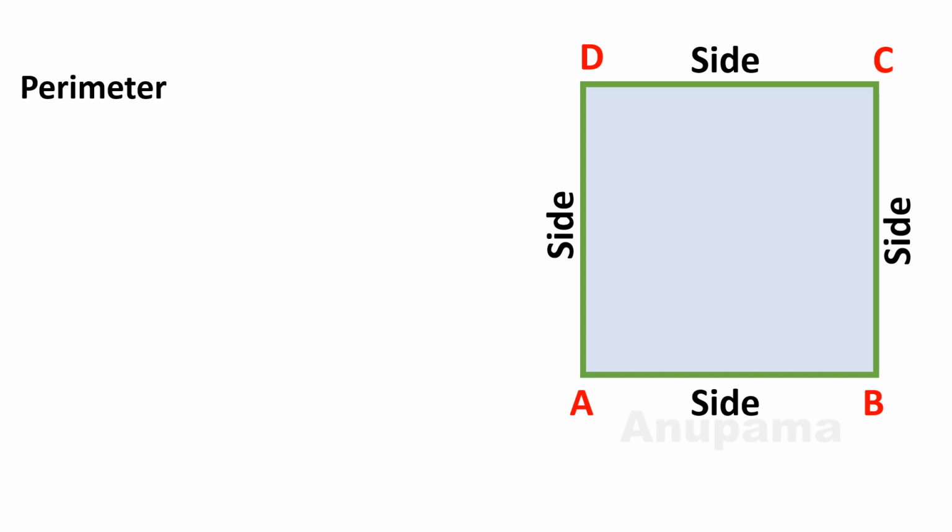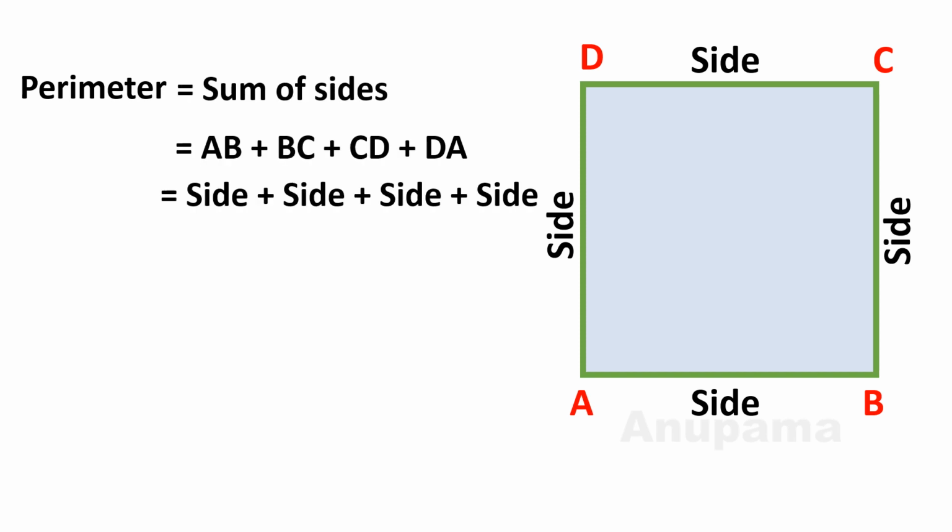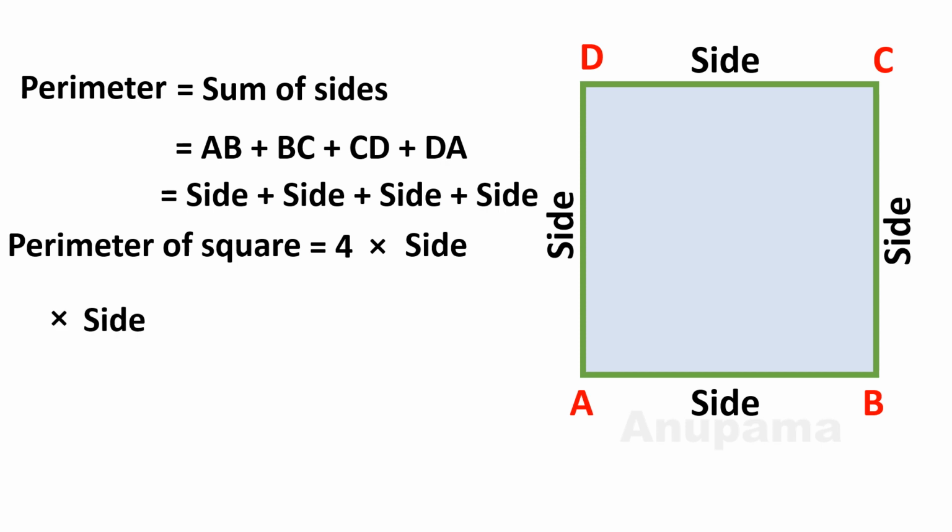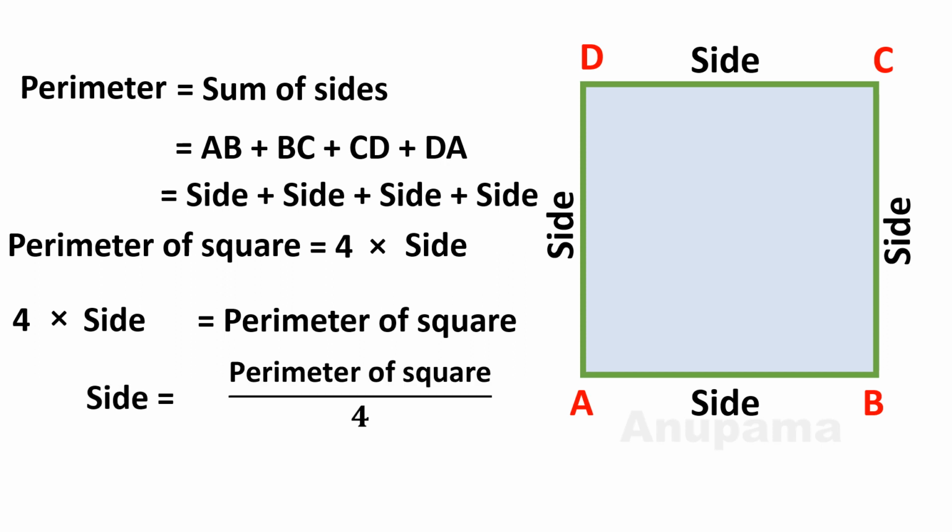Now we have understood how to calculate the perimeter of a square, and the formula is 4 into side. But if we need to calculate the side, it means the perimeter of the square is given to you and you need to find the side of the square. Then how will you calculate? You can find the formula by yourself. It is very simple. You know that 4 into side equals the perimeter of a square. If we need to find the side, let us transfer this 4 to the other side. So your formula is ready: side equals perimeter of a square divided by 4.